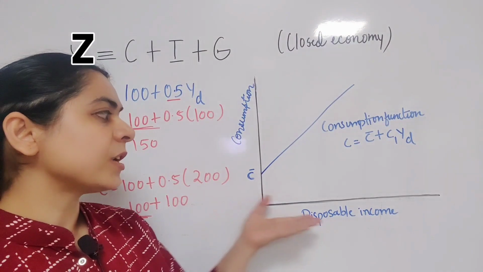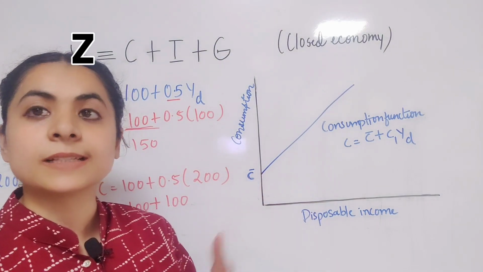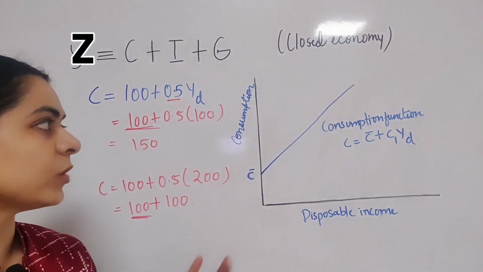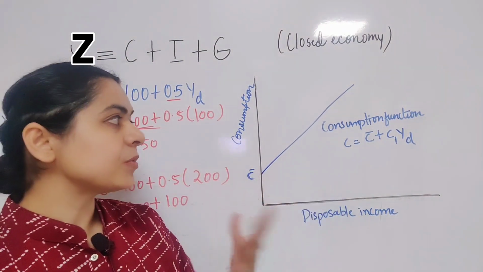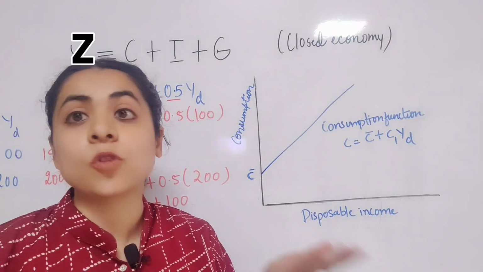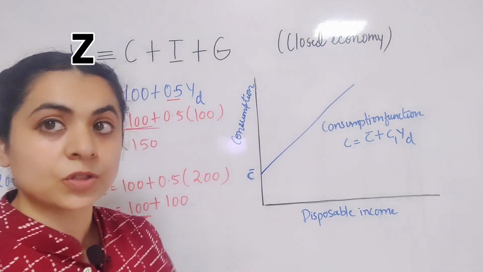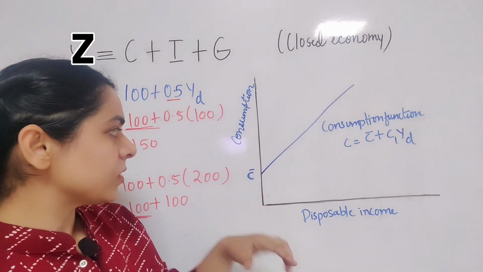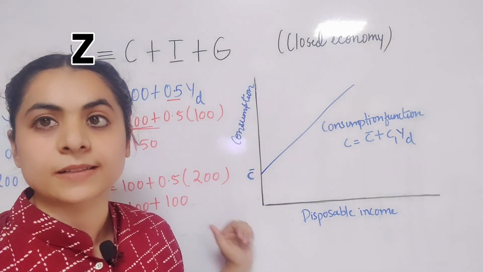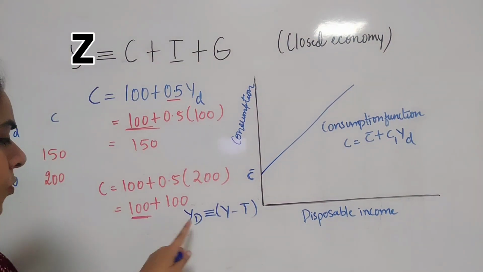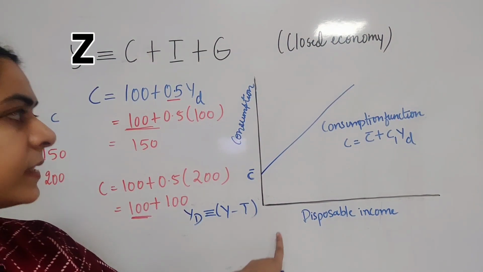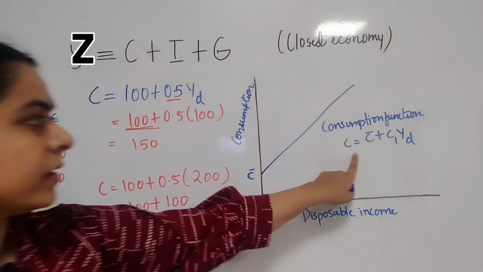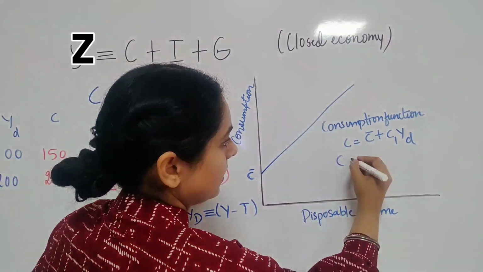The relation between consumption and disposable income is shown here. Since this is a linear relation, it is shown as a straight line. C1 here represents marginal propensity to consume, or the slope of the consumption function, and C bar here represents its intercept with the vertical axis. Since we know that disposable income is income minus taxes, and if we put this value here, we can write it as